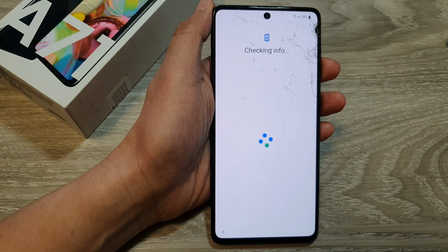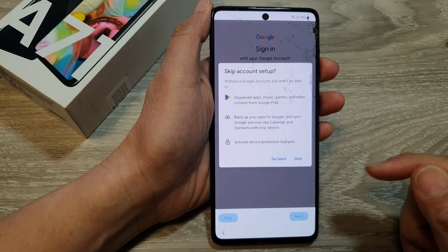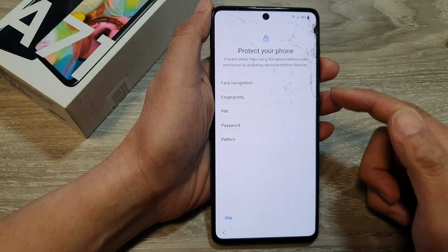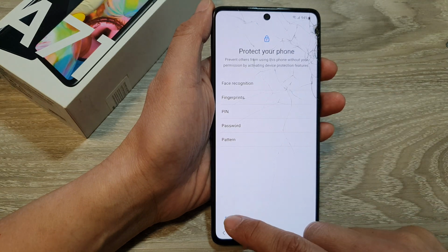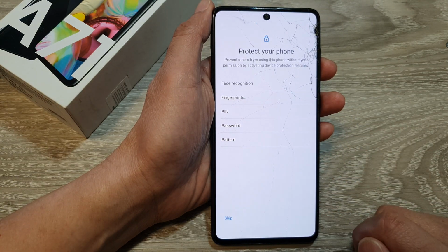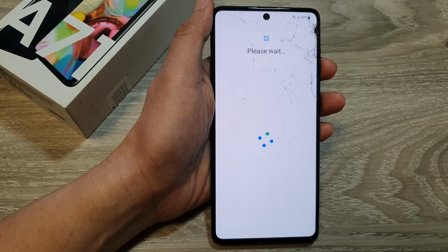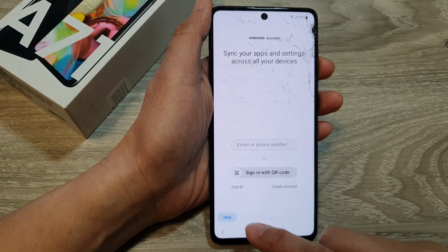We'll wait for that. Okay, next, tap on the skip button if you do not want to sign into your Google account right now. Tap on skip, then tap on more and accept. Next, you can choose to set up a security protection, or you can simply skip and do that later on. So I'm going to choose skip anyway, then tap on OK, and now it is getting the phone ready. Then next it says, do I want to sign into Samsung account or skip? I will tap on skip,